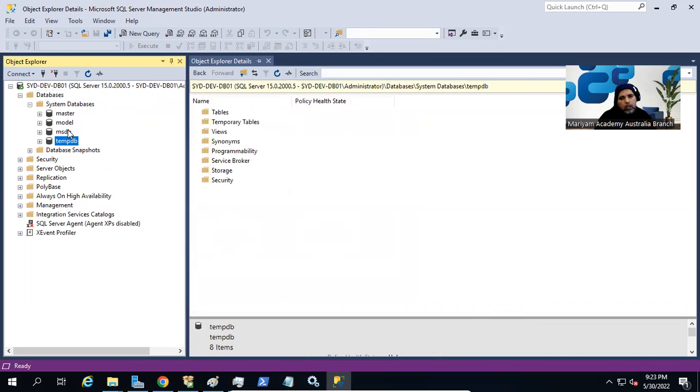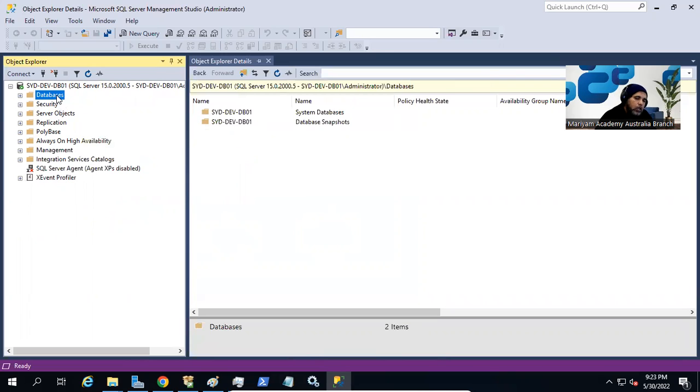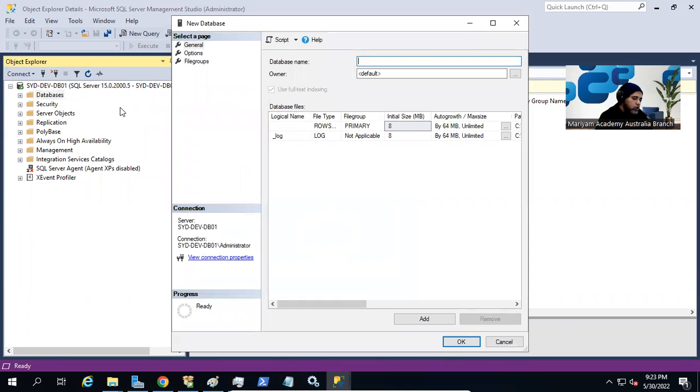Master, model, and MSDB we're going to discuss in the future. But one thing, you don't need to do anything with these system databases, especially in production, because they are more like a no-go area, because SQL Server uses these databases to perform its operations. Just as a start of this journey, I'm going to spin up a new database that will help us test our SQL Server installation. And let me call it